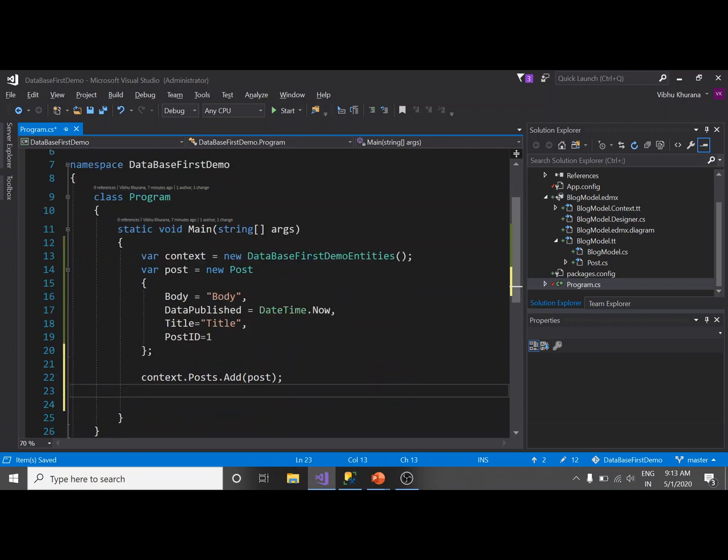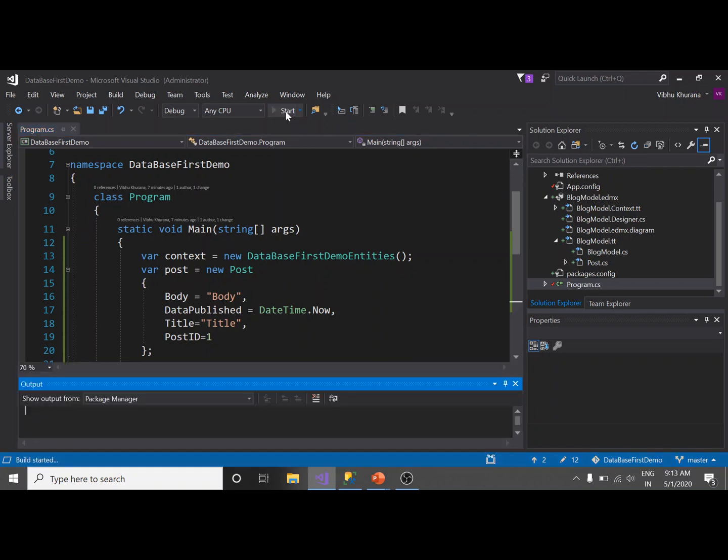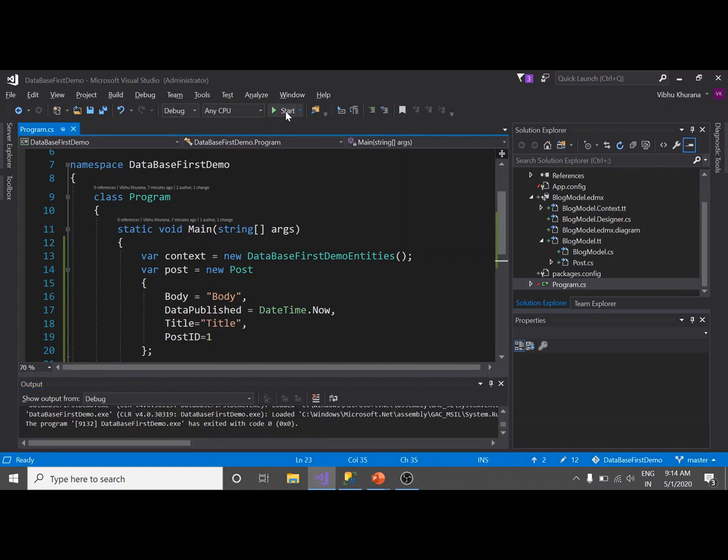Now, till now, you see that the changes that we have done are still in our memory. Nothing is committed to the database yet. So let's call the context dot save changes method to save the changes permanently in our database. That's it. Run the application. Done. You see that here I didn't have to write a stored procedure. I didn't have to work with ADO.NET classes like SQL connection and SQL command. Entity Framework took care of all of this for me.